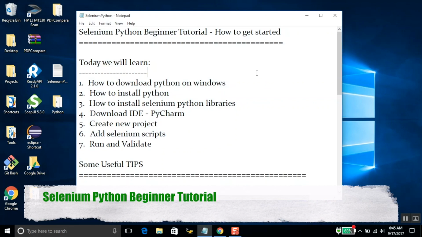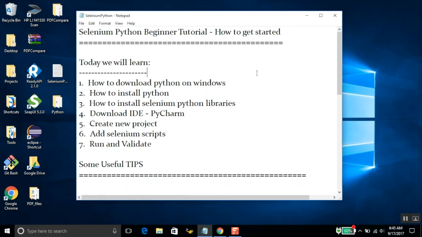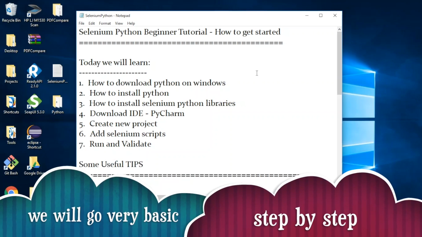Hello and welcome to this session on Selenium Python beginner tutorial. Today we are going to learn how to use Selenium with Python, and we are going to go very basic. So if you do not know Python and it's your first time, you are a complete beginner, do not worry,